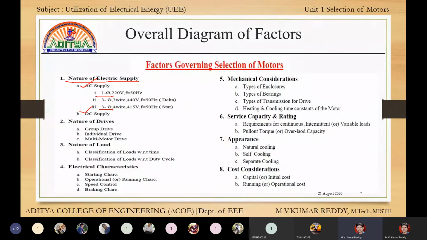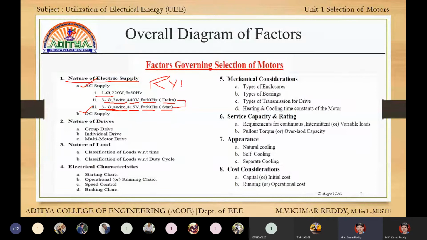Okay, first one is single phase. Then there are two types of supplies. First one is three phase three wire, and second one is three phase four wire. Three phase three wire is 440 volts, 50 Hz frequency. It is called a delta connection. And second one is three phase four wire having a voltage of 415 volts and a frequency of 50 Hz, which is called a star connection. Okay, four wire means R